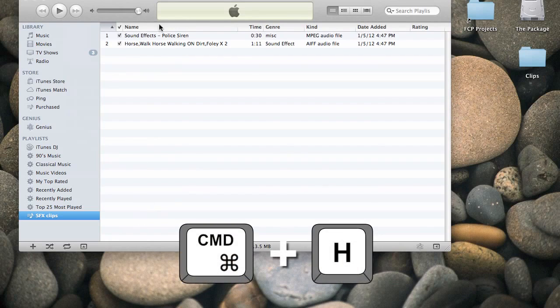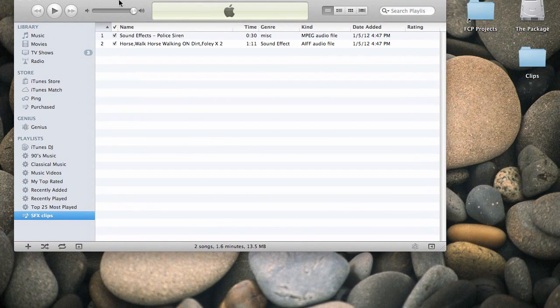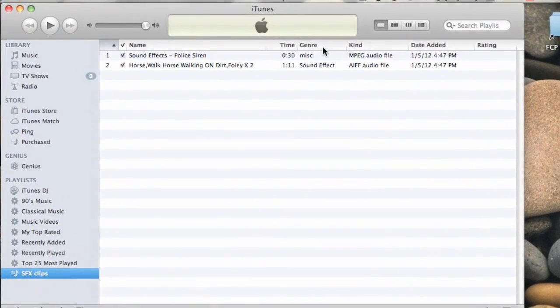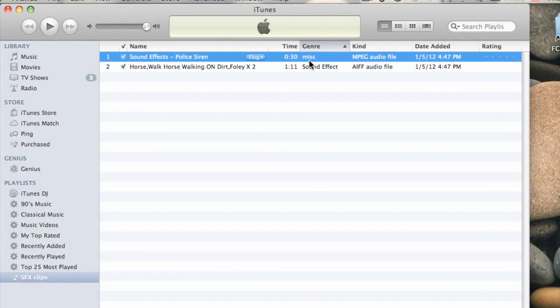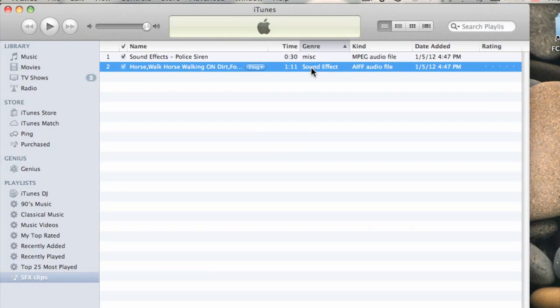Command H to hide Final Cut, and here's my iTunes and my sound effects clips playlist, and I have my two sound effects in here. Now if you notice, here in the genre column I have the police siren assigned the genre of miscellaneous, but the horse sound effect is assigned the genre of sound effect. So just by creating and changing the genre in iTunes, you can change how Final Cut interprets a clip that's